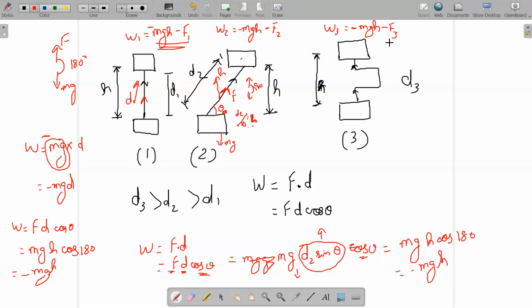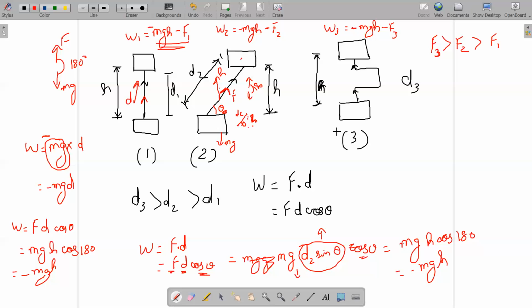Now what happens is, if the distance you are covering is more, then you have to deal with friction for a longer distance, right? So a greater amount of work will be needed to pump into the system to overcome friction. So the work done against friction will be high in F3 compared to F2 compared to F1. To move the body in case 3, you will require more work, because you are encountering more friction because of the larger distance that you are covering. Have you understood? Yes, sir.